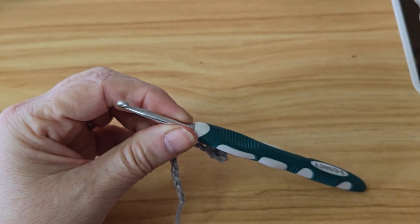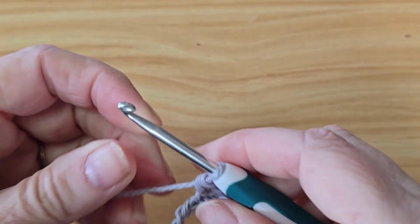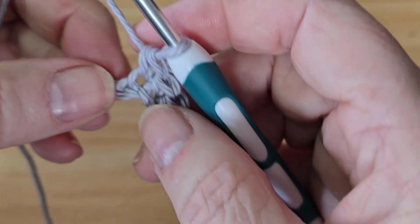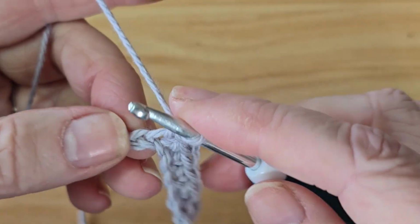I'm just trying to get this stupid thing so it'll stop being so weird. I don't know what's going on with it today. But anyway, we're gonna